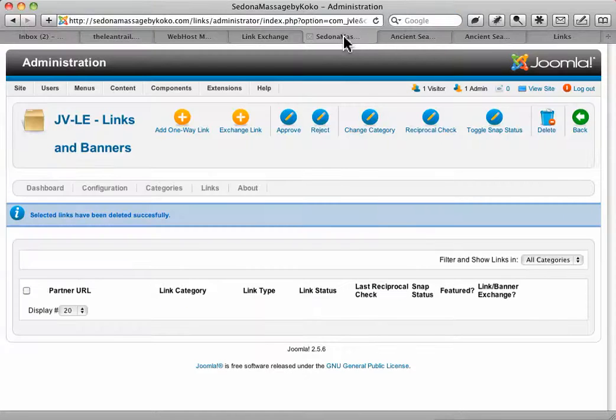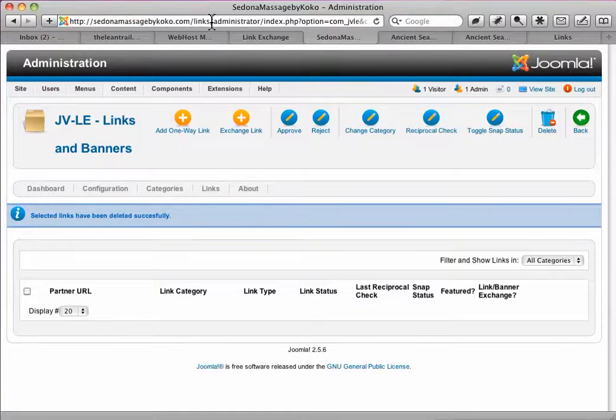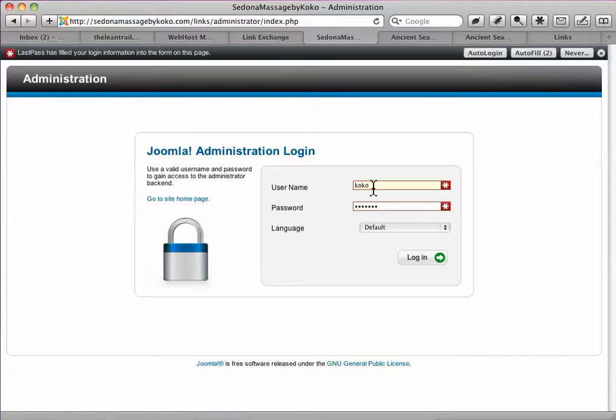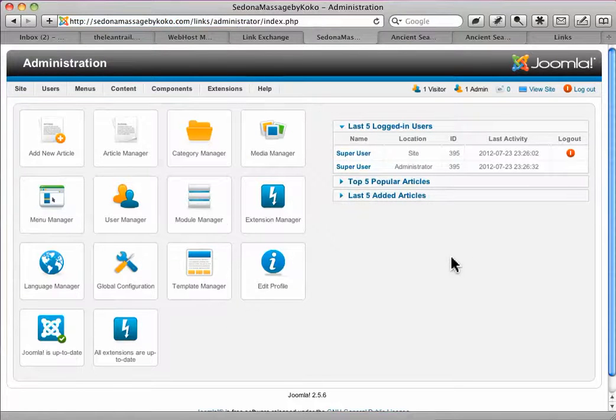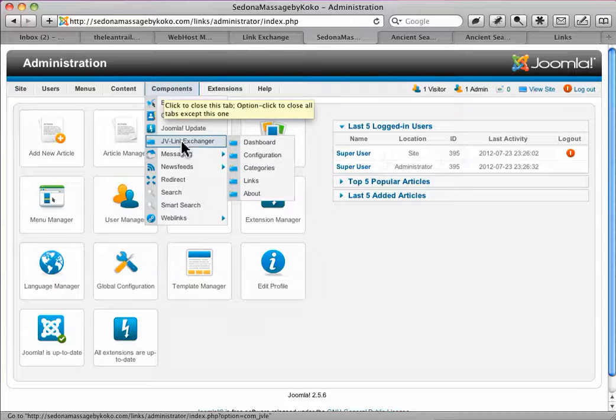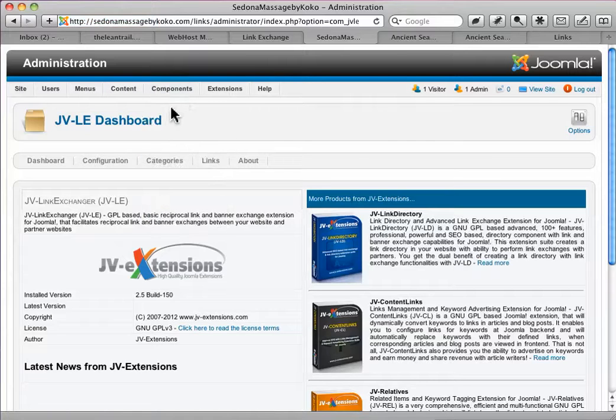And here's where you add more categories. You go to, let's back up a little bit. You go to sedonamassagebycoco.com/link/administrator. Okay, then it'll ask you to log in, and your username is Koko, and your password is the same as the FTP, and you just press the login button. Once you're logged in, you go to components, link exchanger, just click on that, and then you click on,